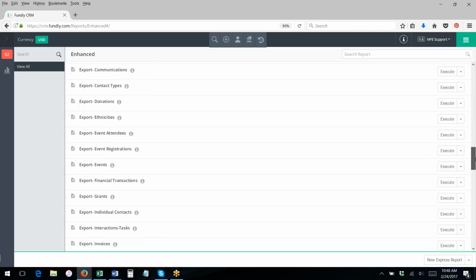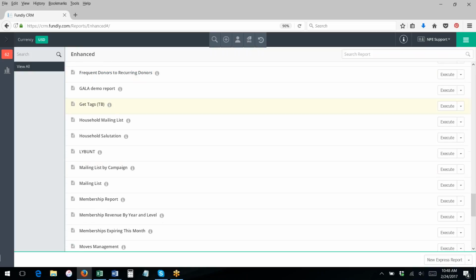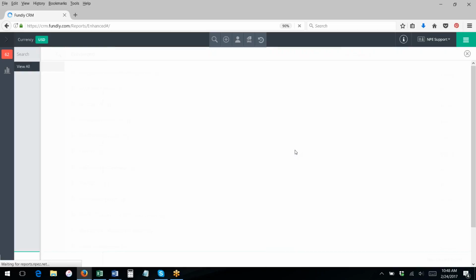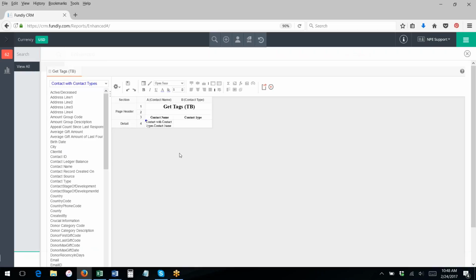So if we get to our report, we go into Edit. I'm just scrolling down here. I'm going to go into my report, and we're going to edit it. Now this is a very simple, basic report that I've created here. It basically just has one table, the contact with contact types table added to it, which you're going to need